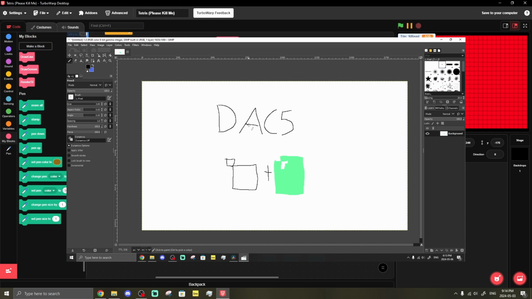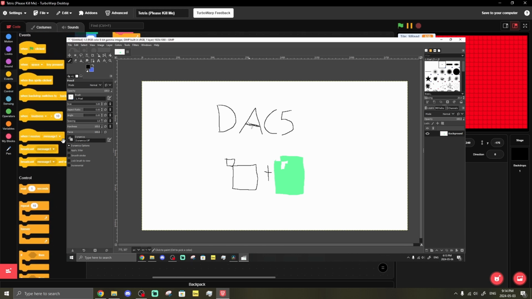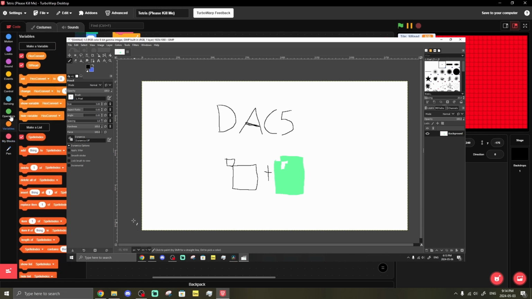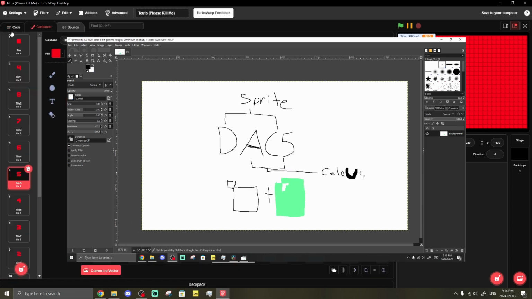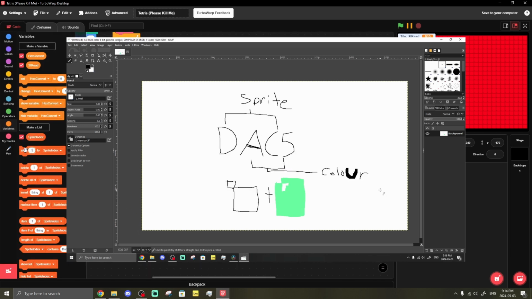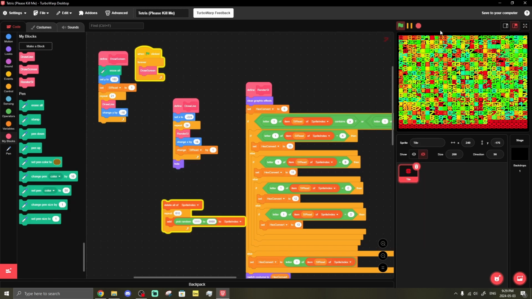Again, going back to the diagram, this is basically what each value looks like and what it corresponds to. There are 2 tiles that are placed at a time before moving on to the next one. The first and third digits are used as the sprite that's placed, and the second and fourth digits are the color of said sprite. After spending way too long coding this to work, glad to say that we managed to